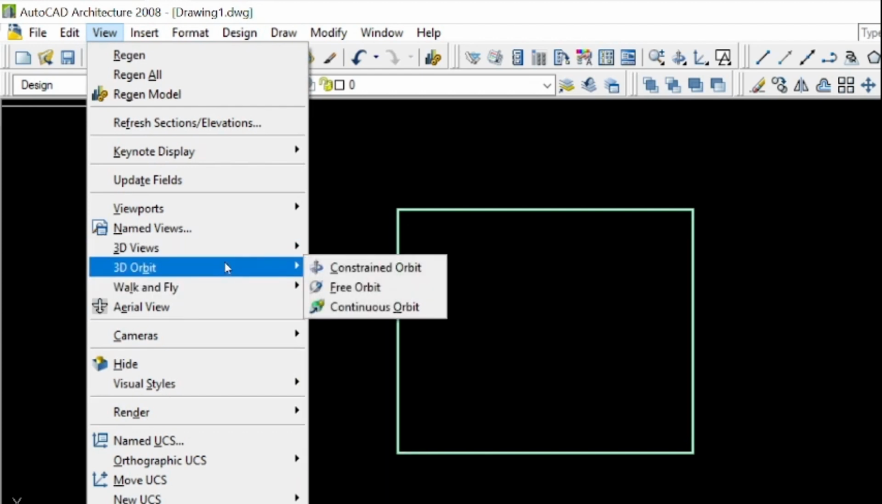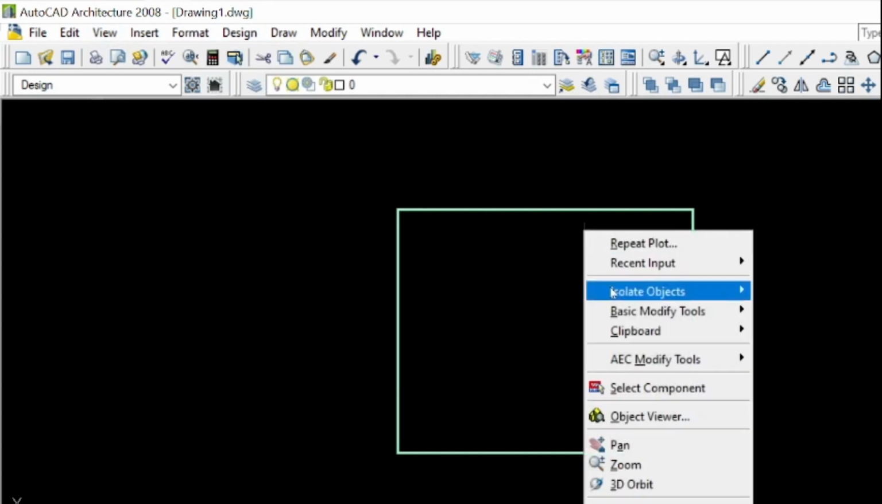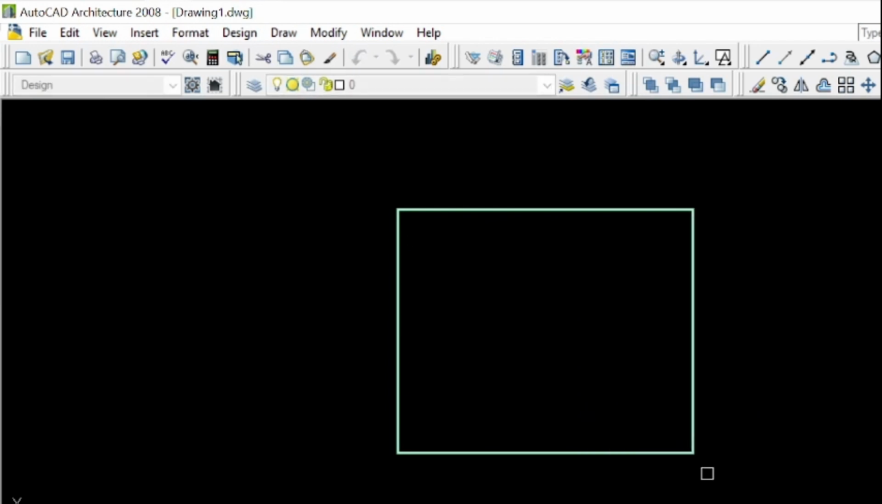And then we have our 3D orbit. The 3D orbit helps you, let's say, to orbit the building. Once you've drawn this one, we want to see how it will look. So you can use the shortcut, or you can right click on your mouse, click on objects view,